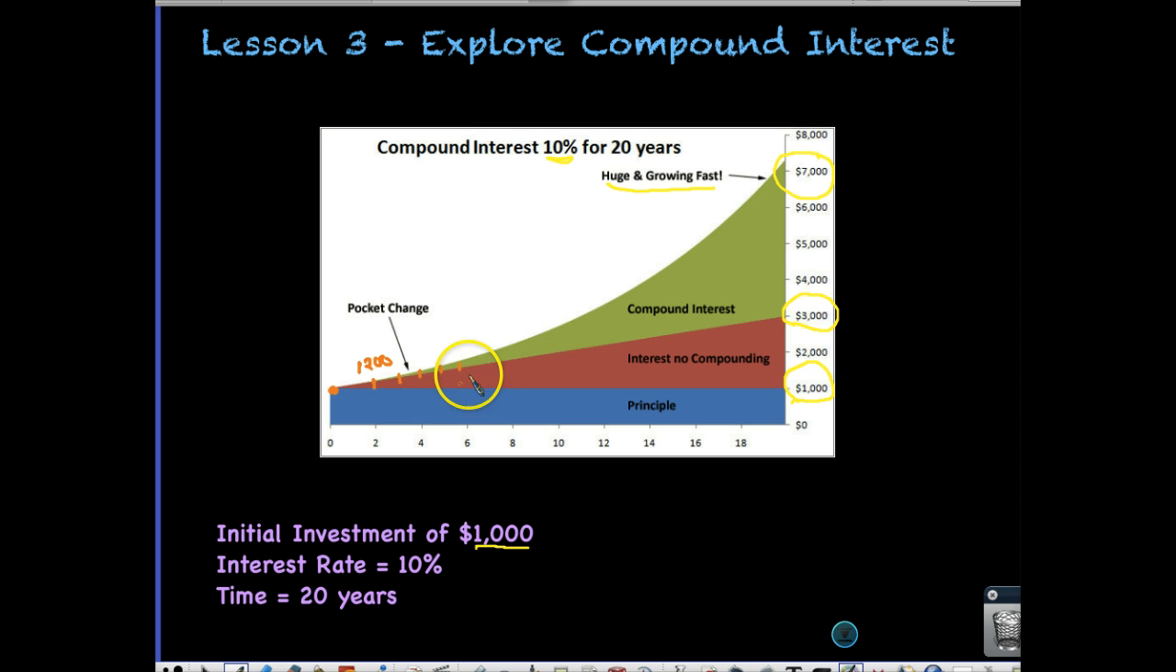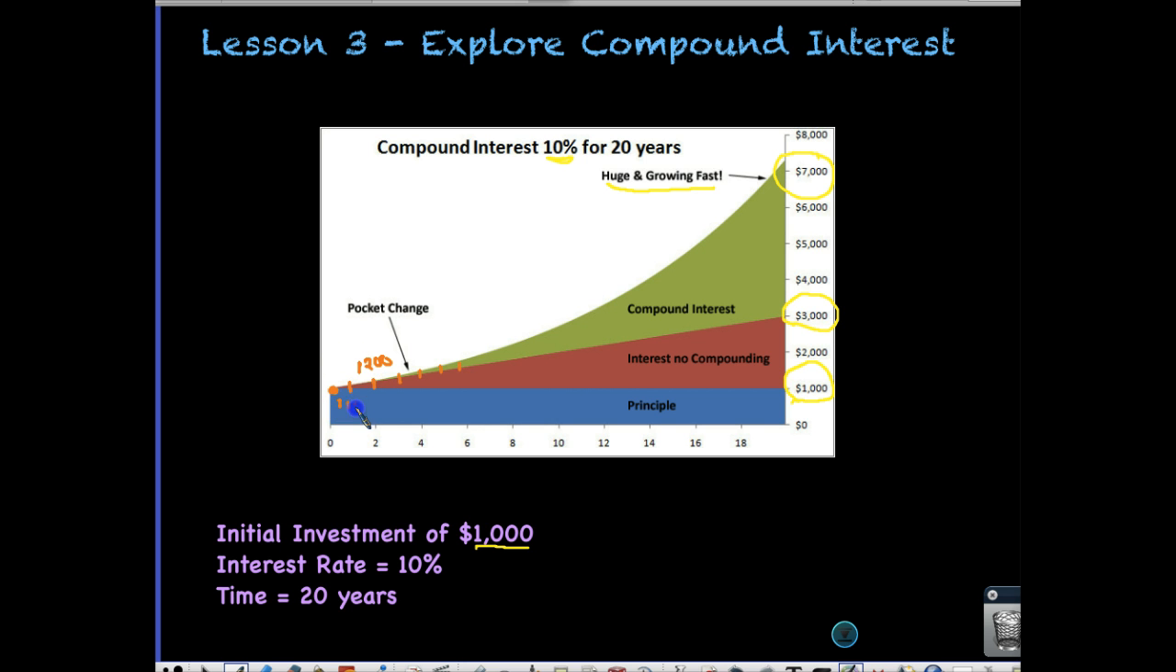So it's growing at a constant rate of change. So at the end of 20 years, I would have $3,000, which is still a lot better than $1,000. But look at what happens when we grow exponentially. This is our compound interest curve. Basically, what's happening when we have compound interest is that at the end of year 1, when we had that